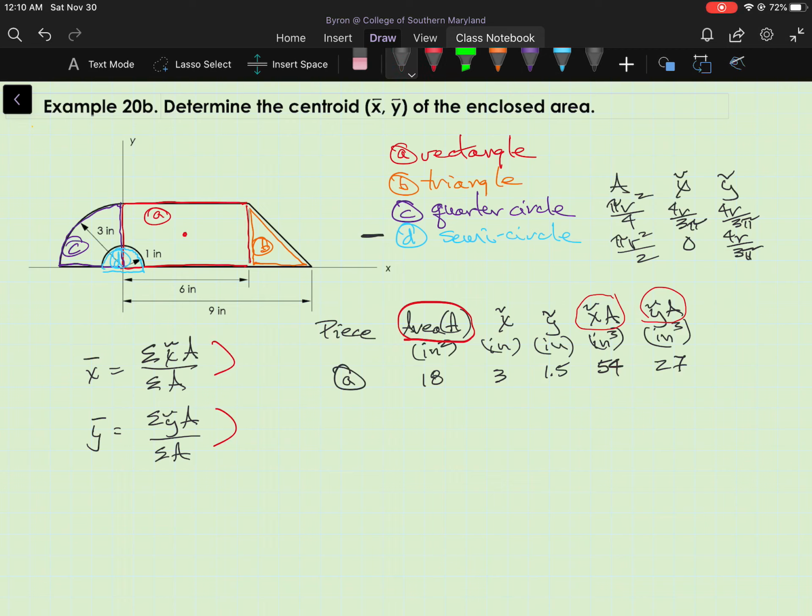Okay, B is the triangle. We know the area of a triangle is 1/2 base times height, so that's going to be 4.5. Now x tilde of the triangle, notice the left side of the triangle, the left leg of the triangle, is not on the y-axis. So local to the triangle, we know that